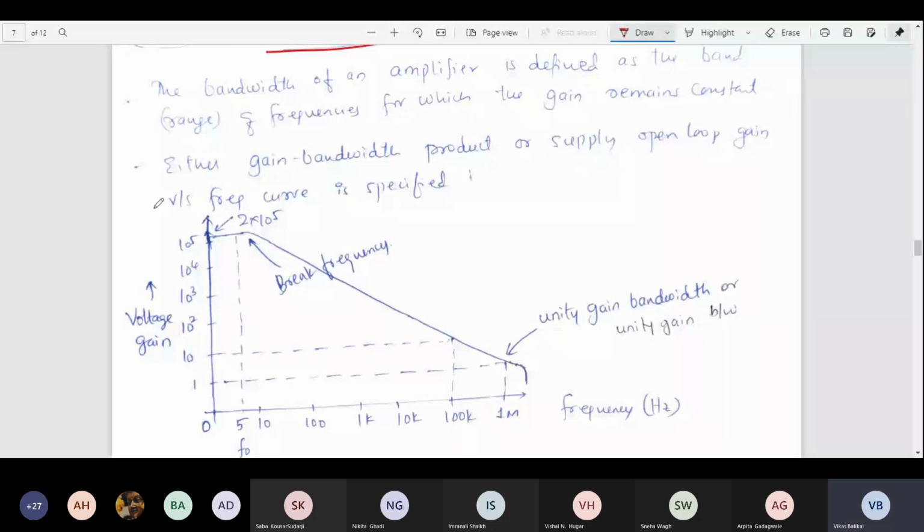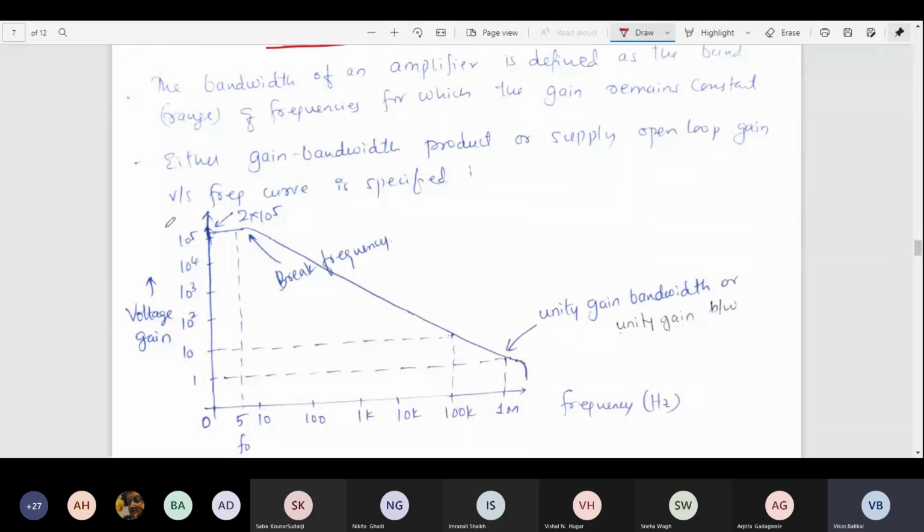What exactly is the bandwidth, and how do we define the bandwidth of the amplifier? Usually we use the term bandwidth even when we talk about the internet. If we have installed Jio Fiber, we say the bandwidth is low, that's why the internet is not coming, or the bandwidth is good, and that's why the internet is very fast. What does this term bandwidth exactly mean? You'll notice, see,